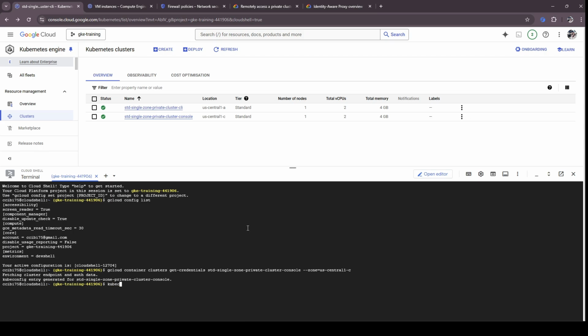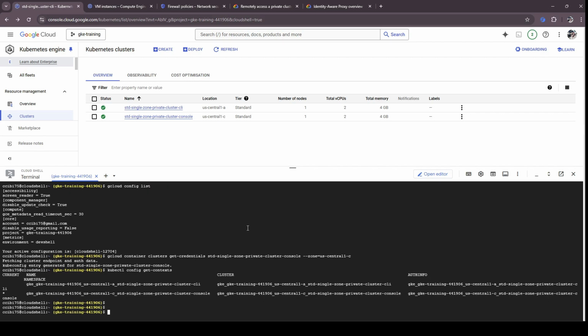So we have the kubeconfig obtained from the GKE cluster. I'm gonna display it. Right. So this is the console cluster kubeconfig. This is the CLI cluster from my previous thing. So let's take that. So this is the kubeconfig for the console cluster, and that is already set as the current context. So what are we going to do now? I'm going to make a couple of edits to the